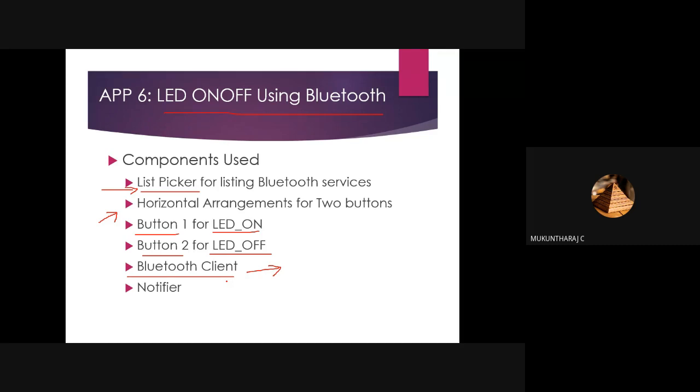So you people can build a chat application, one-to-one chat. You two need to be connected together with the help of Bluetooth connectivity, and you can chat together. The thing is, it should be with the connectivity, right? You must be present nearby to your friend, say around 10 meters. The maximum coverage of a Bluetooth is around 10 meters. So you must be present within that connectivity area, so that you two can chat together.